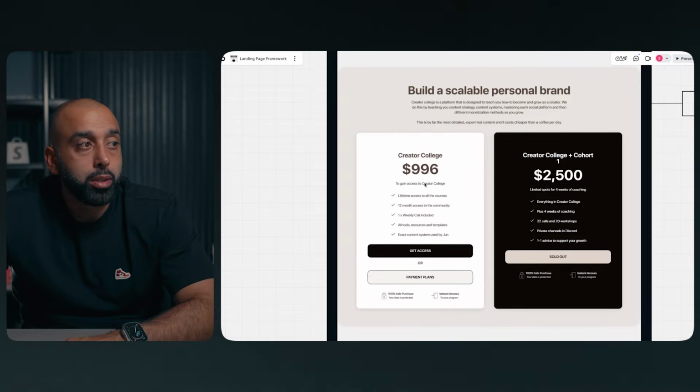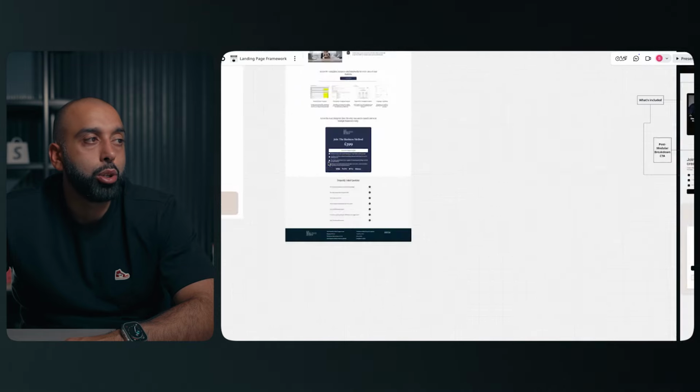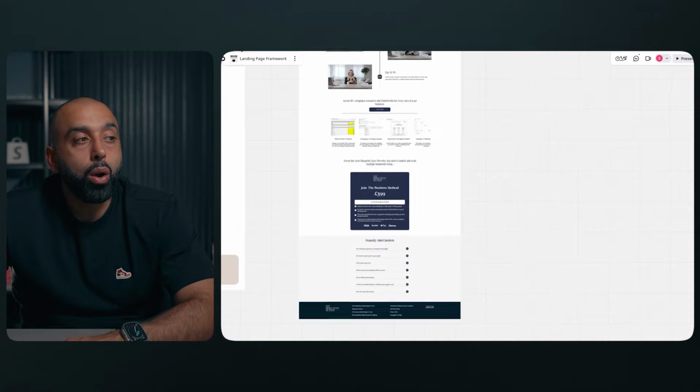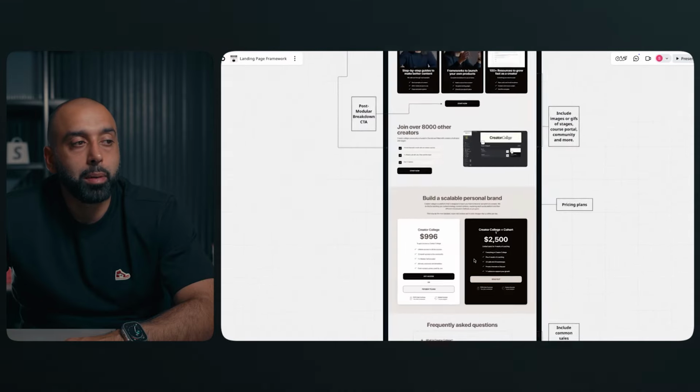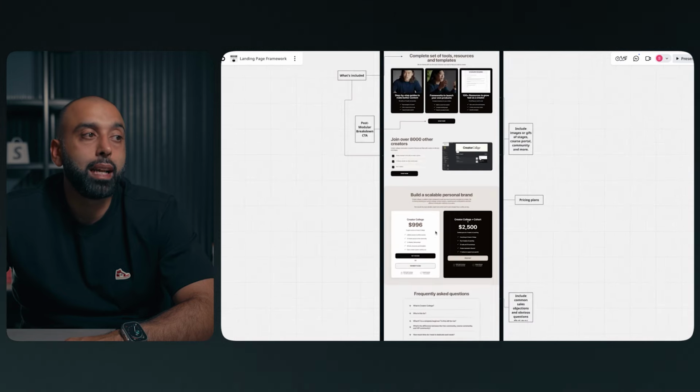in this case, there are 2 options. Sometimes that is the case. I generally would say we should only have one. You should basically have one product that you're selling. Only when I have more than one is when we have something going on and it makes sense to have the upsell. I would never do